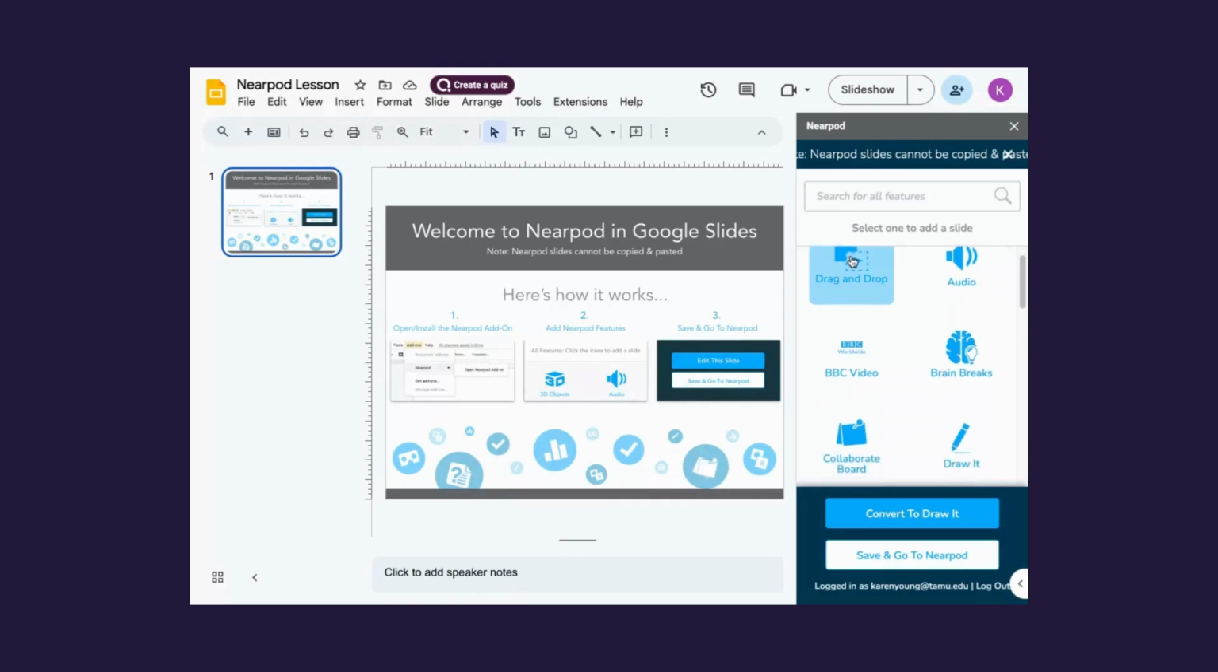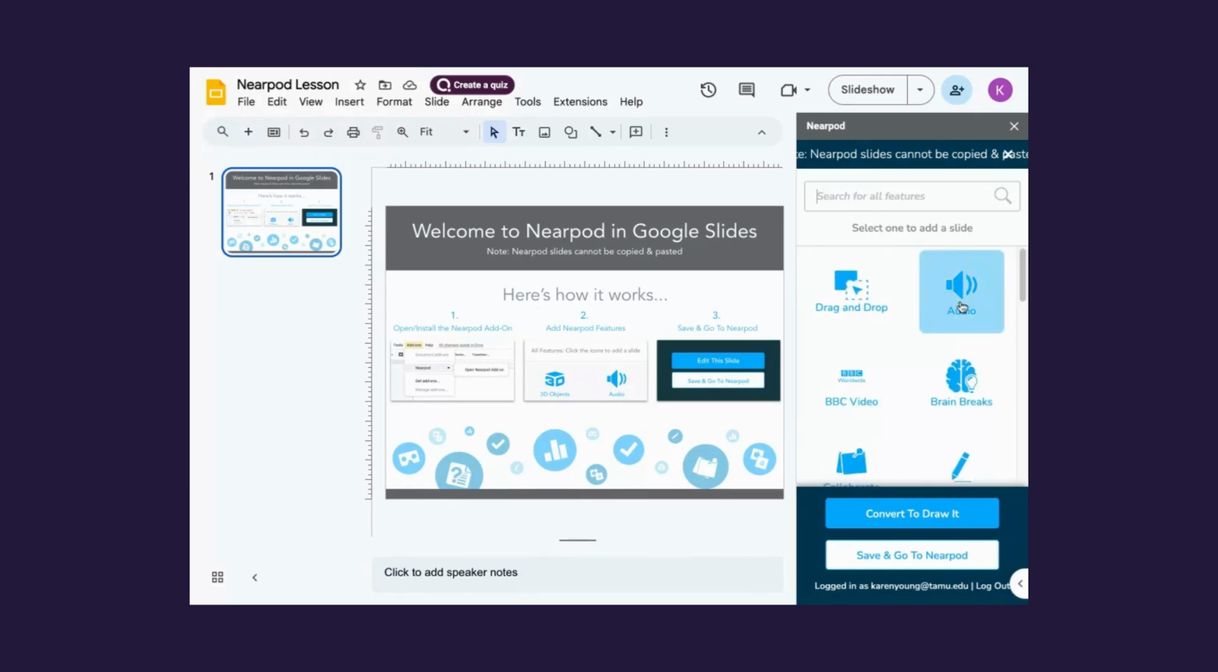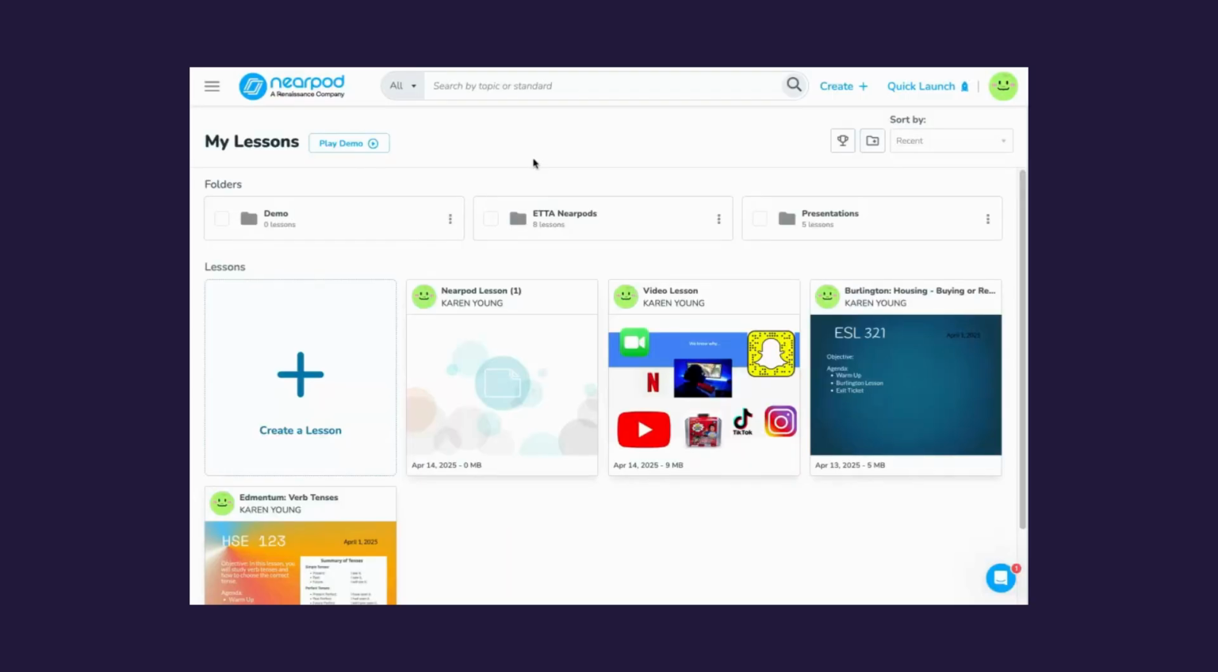Once it's loaded, you'll see that these elements look familiar. You'll get the same options as you did in making the PowerPoint that you do with Google Slides. So if we type in field trip, there's our field trip. We type in video, there's our video option. And you can even add more awesome features like open-ended questions, audio, collaborate board, and draw it. When you're done adding your elements, you'll click on Save and go to Nearpod, and it will redirect you back